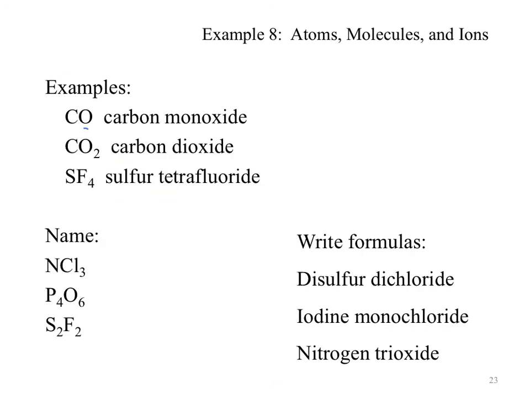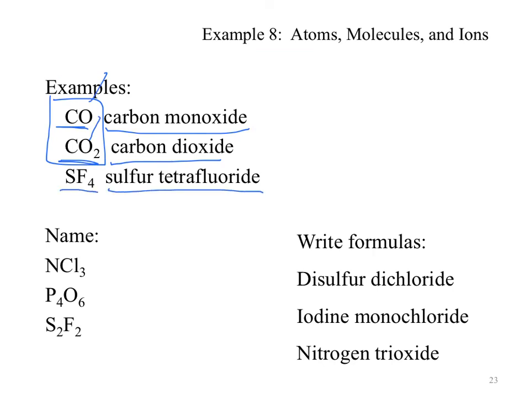So for instance, CO, carbon monoxide, CO2, carbon dioxide, and that's able to distinguish the number of oxygen atoms. SF4, that's sulfur tetrafluoride, because sulfur is more on the left side of the periodic table. So NCl3, between nitrogen and chlorine, nitrogen is on the left side, so that will get to retain its name,